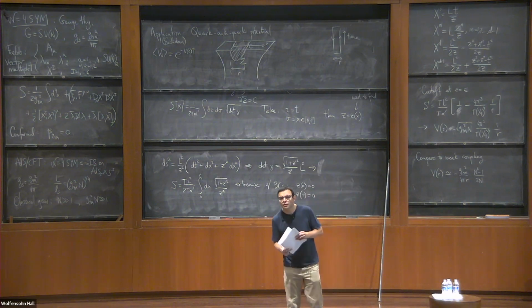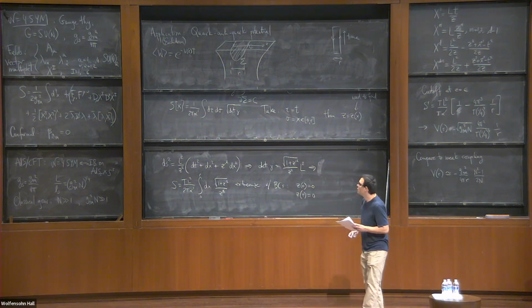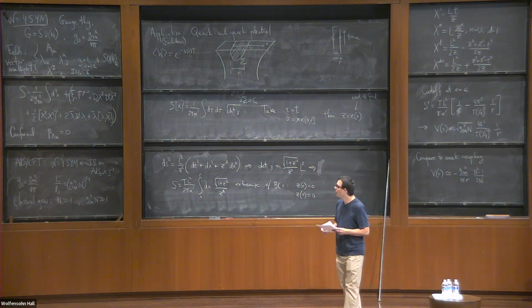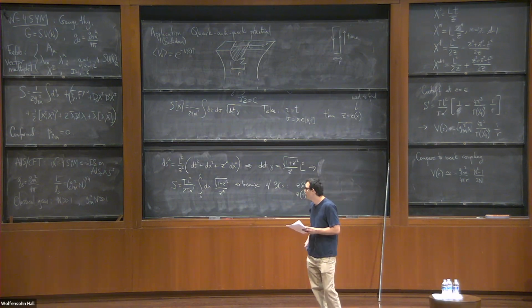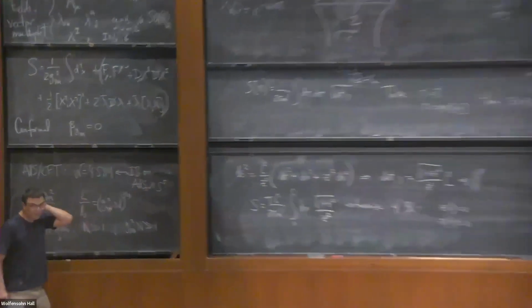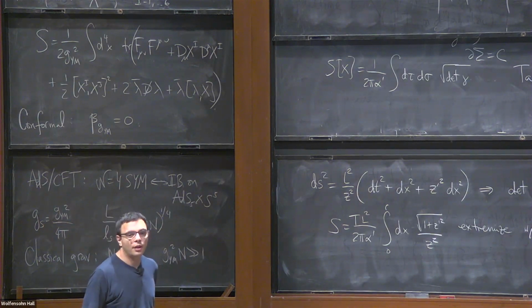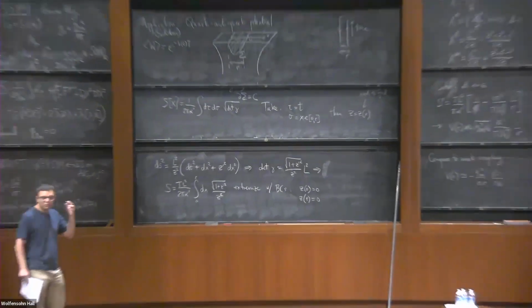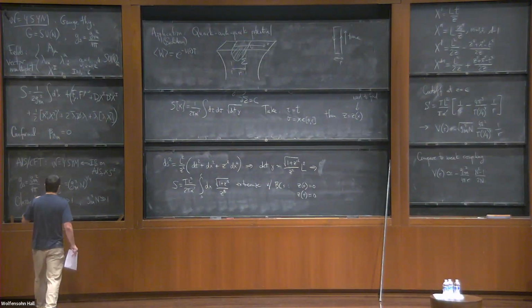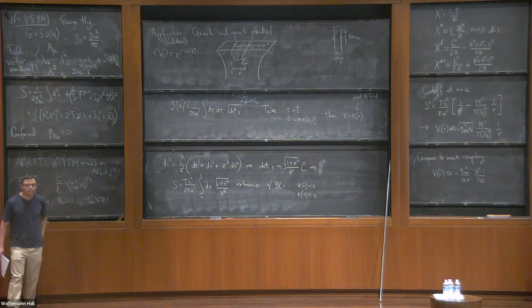Nothing depends on it? So far, no. If we work at large n and large 't Hooft coupling, so g Yang-Mills squared n is large, then nothing depends on the theta angle to all orders in perturbation theory in 1 over the 't Hooft coupling. We could consider not large 't Hooft coupling. We could consider a limit where n is large and g Yang-Mills is fixed. If we consider such a limit, then the theta angle will also be important.